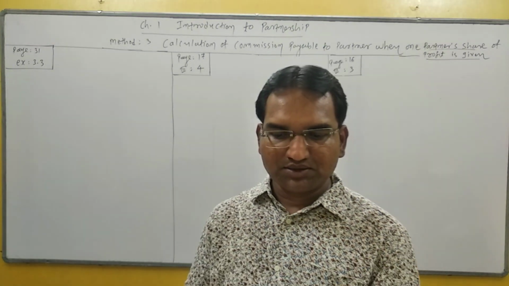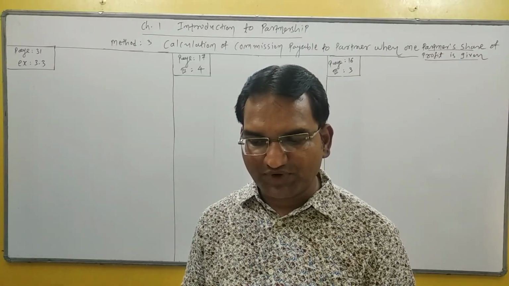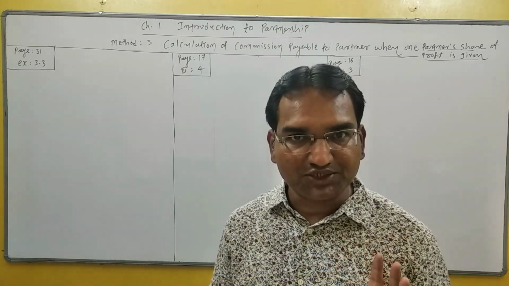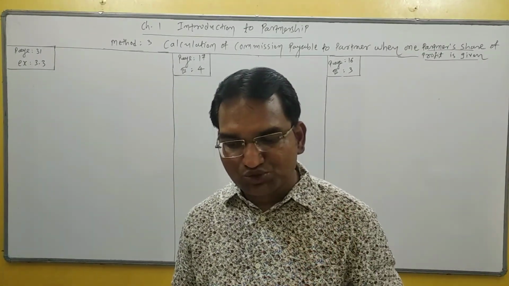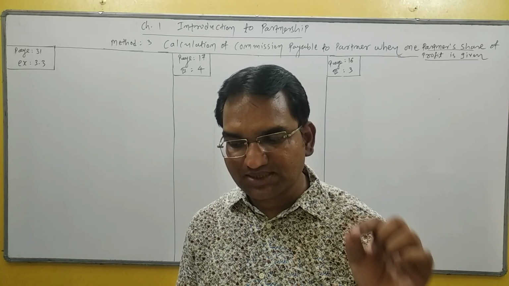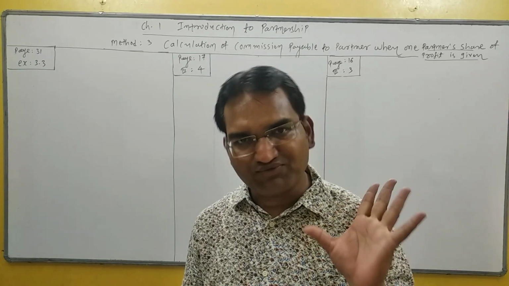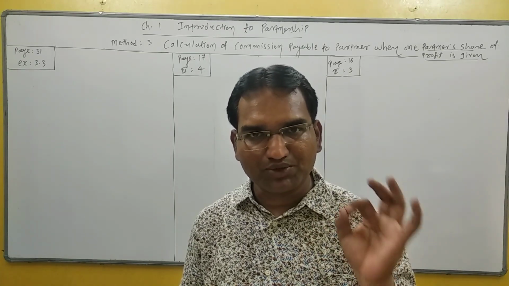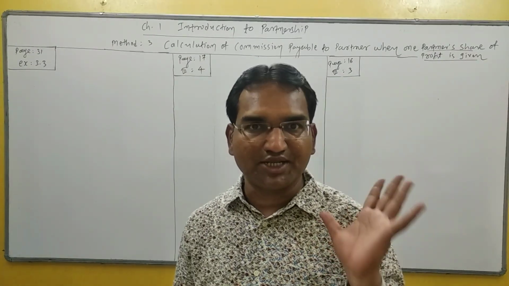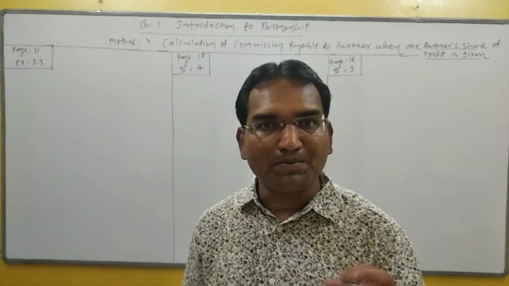Here three partners are given: Vismay, Abhijit and Kunal, sharing profit and loss in the proportion of 3:2:4. Be careful here, profit sharing ratio is given, right? Manager is to be paid 10% commission on net profit after the deduction of such commission. So here the condition is that commission is to be calculated on profit after deduction of commission. The share of profit of Abhijit is rupees 30,000. Abhijit's share of profit is given, 30,000. Determine the commission of the manager.